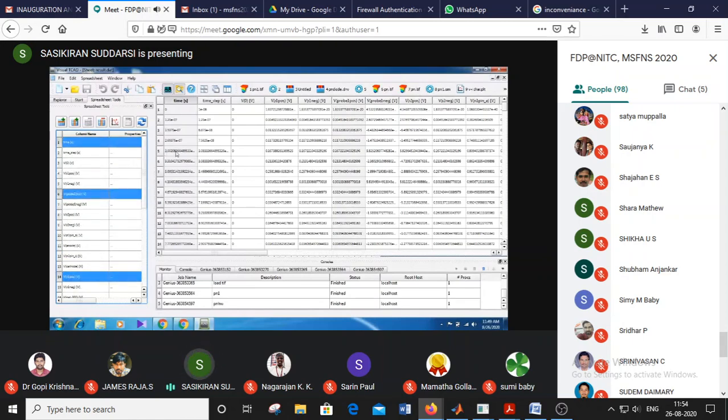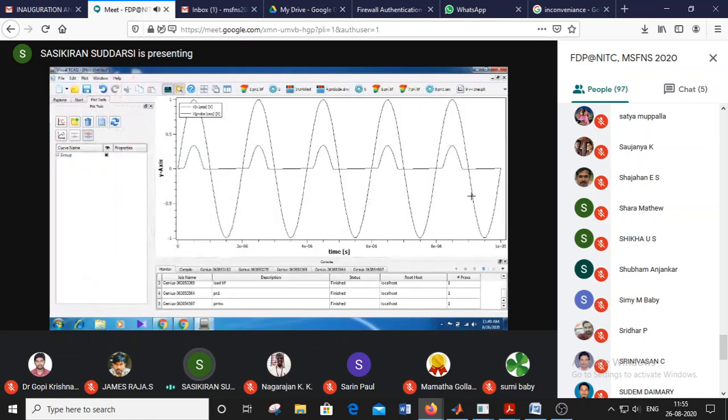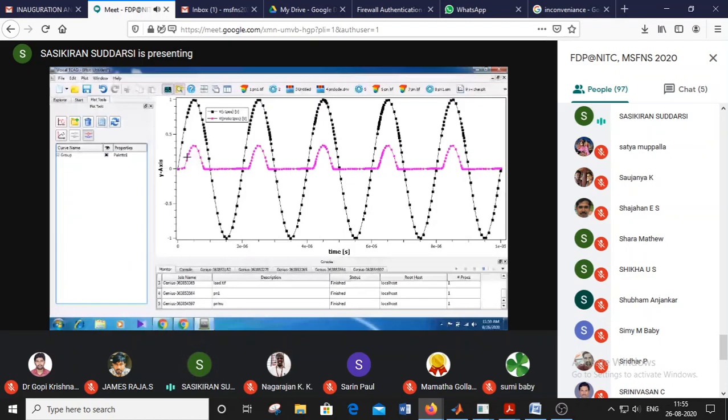So it is a transient simulation, so we need to select the time, the input voltage V1, and for output we need to select probe 1. Just right click, and we need to see the timing in the X variable. So see this one, we are getting the result like this. So apply. So this is the applied sine wave. The output is like this.